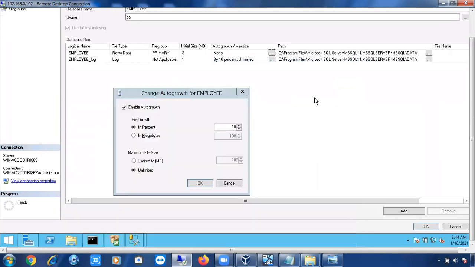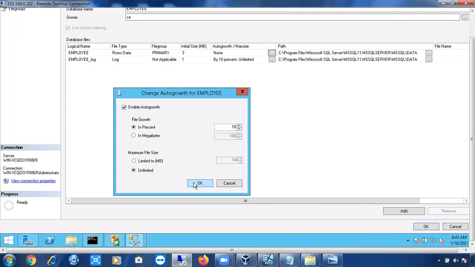Right here, you can select the auto growth, and the max size you can also limit here. If you put unlimited, it will keep on growing till you have free space in the drive. If you put limited, you can say it can grow up to 100 GB, or up to 10 GB, or up to 20 GB. How much you want to limit the size, you can simply mention here, but usually in the organization it will be unlimited only, not limited. For log files it will be limited. I'll show you that one.